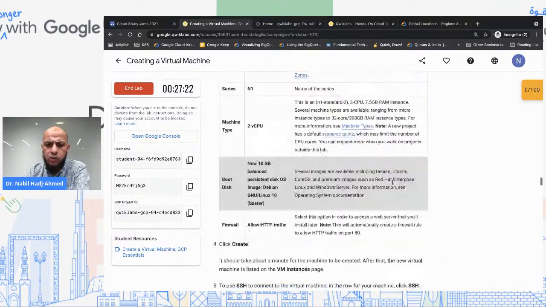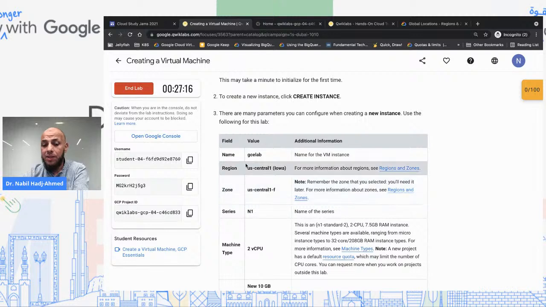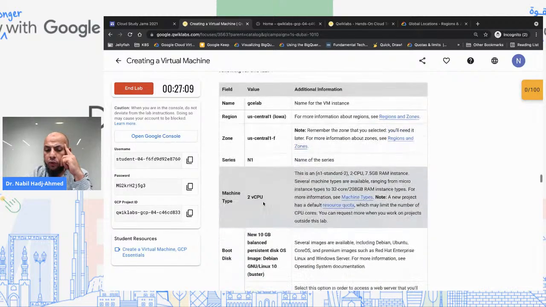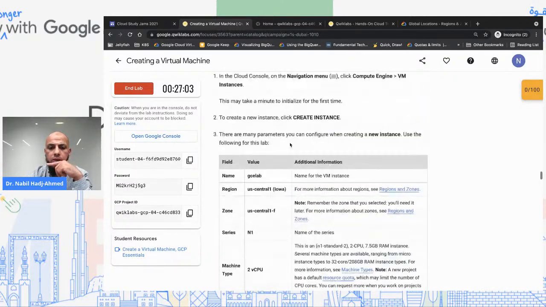So here they're asking us to create this virtual machine named GCE Lab in US Central 1F. It's a data center here. So this is the Iowa data center that I'm telling you. It's got 4 data centers. We're going to see that. And then you follow exactly these instructions of configuration. So if I go to